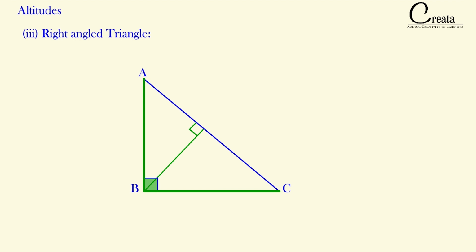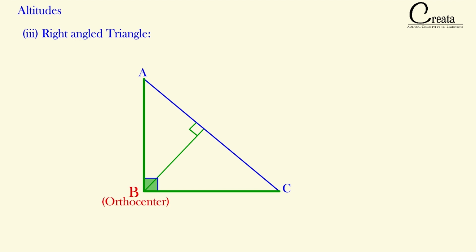This is the feature of a right angle triangle. Further, let's find the orthocenter for this triangle. Orthocenter is the intersection point of three altitudes. Are you able to observe the orthocenter for a right angle triangle lies on the vertex B? So the vertex B, that is the vertex having the 90-degree angle or a right angle, is the orthocenter for